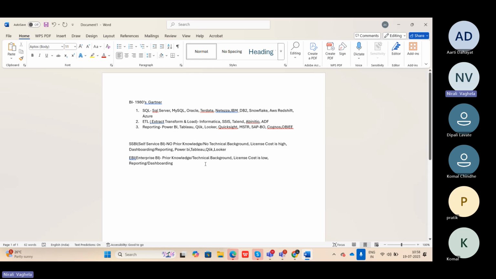These are the tools that fall under self-service BI. The enterprise BI tools are MSTR, that is MicroStrategy, SAP BO, then OBI, then we have Cognos. These are enterprise BI tools, and the others are self-service BI tools.